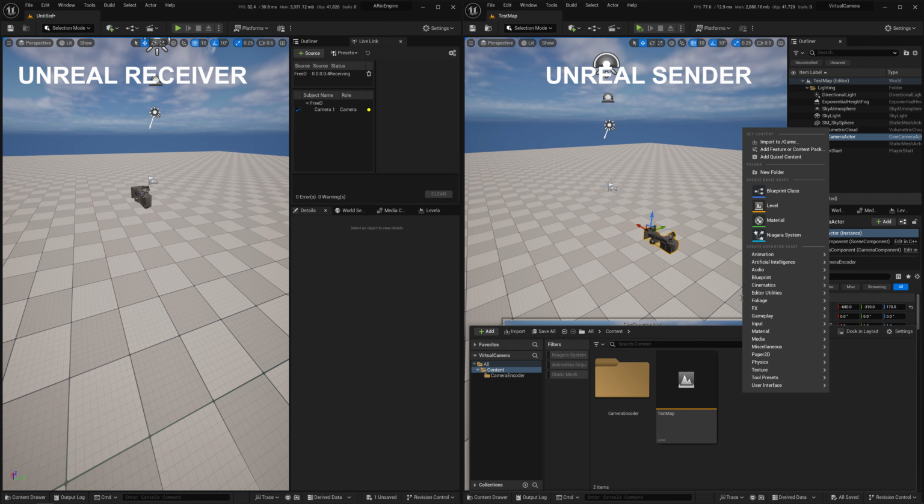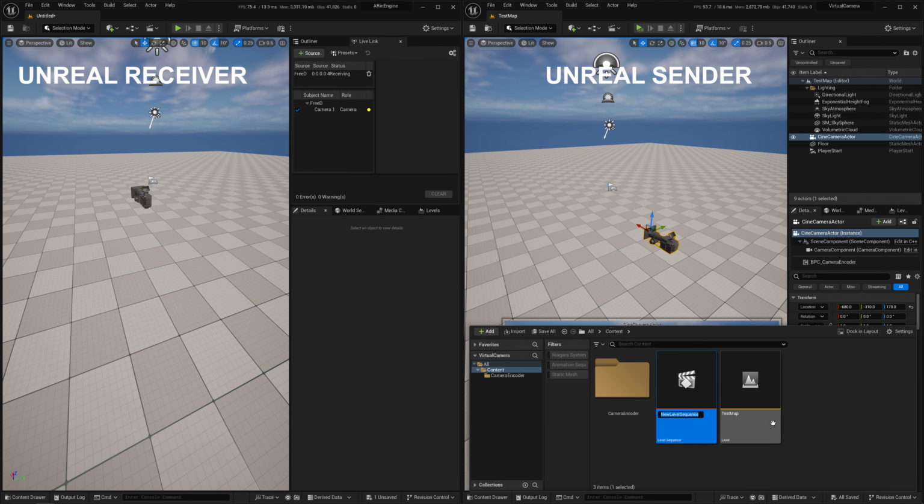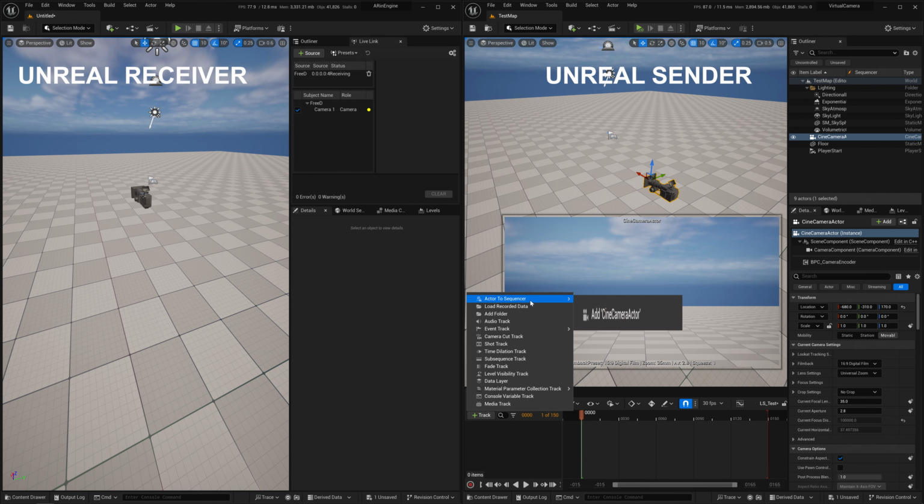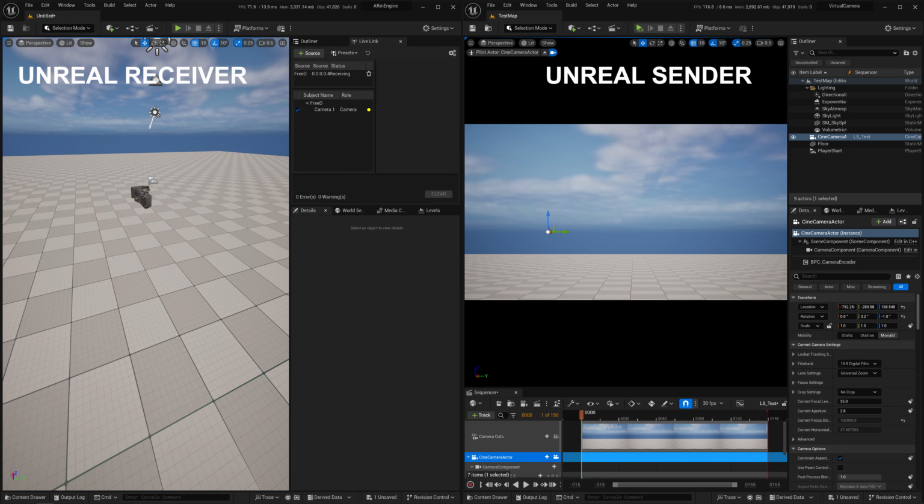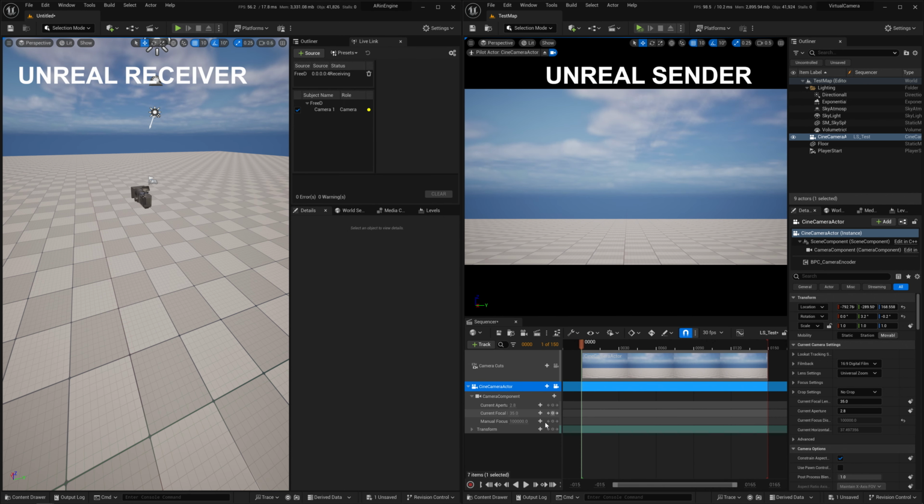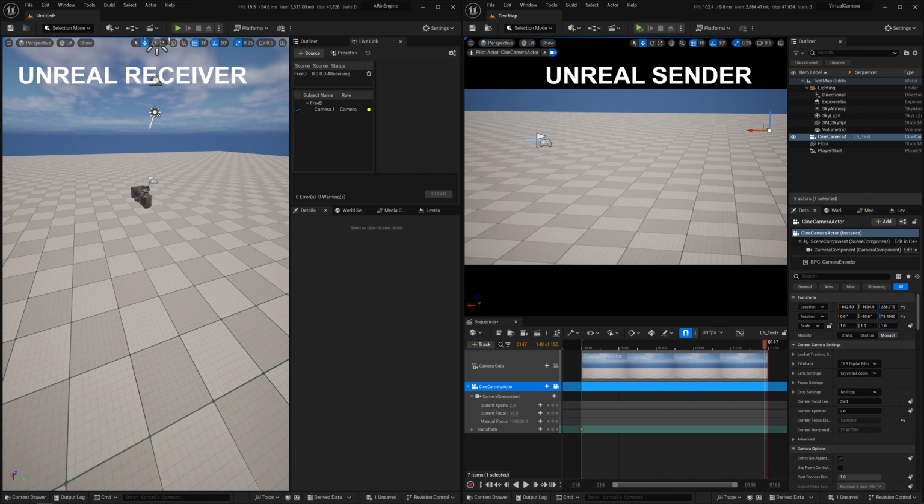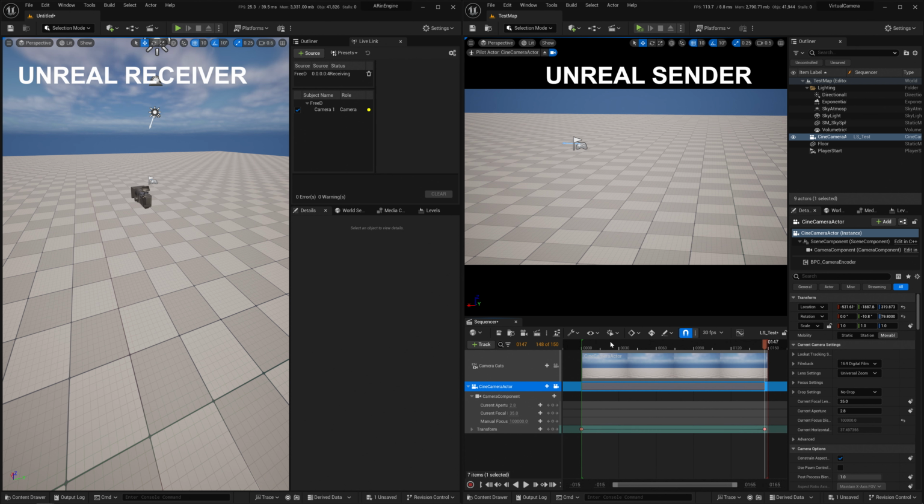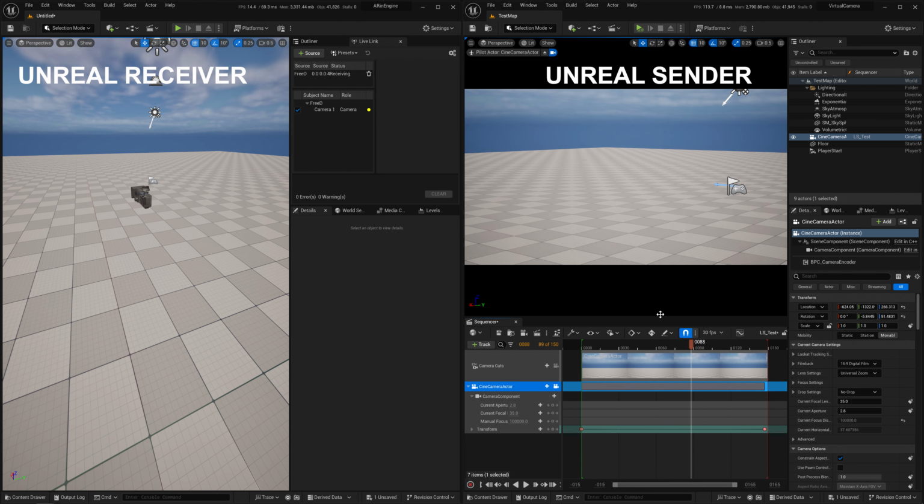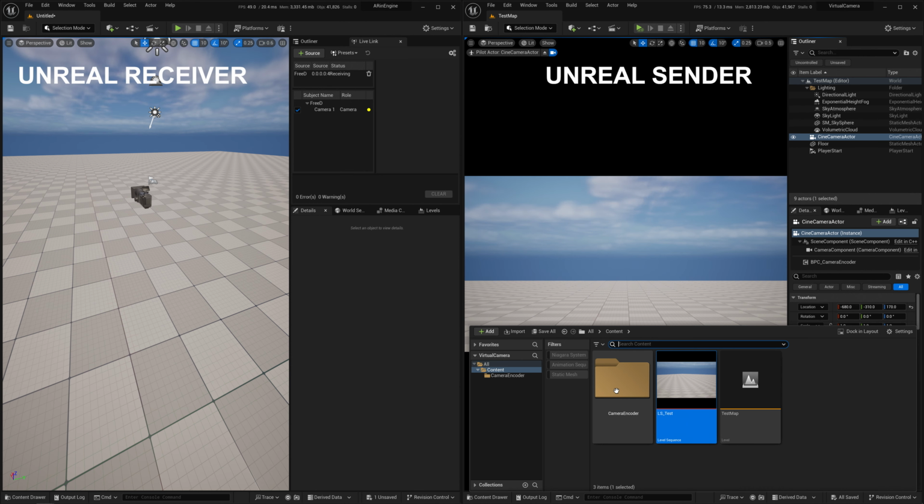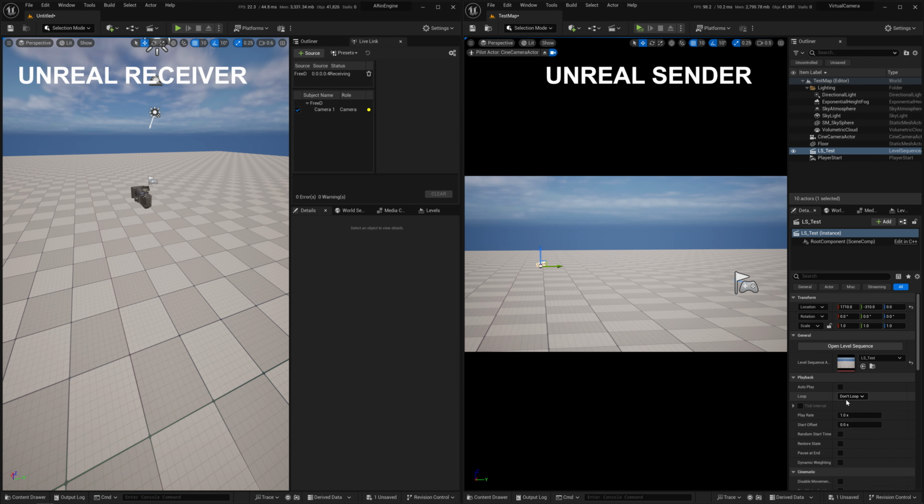So if I made a level sequence quickly, cinematics, level sequence, underscore, test. Let's add the cinecam, and let's transform, and then like that maybe, save, drop that in there, just say loop indefinitely and autoplay,